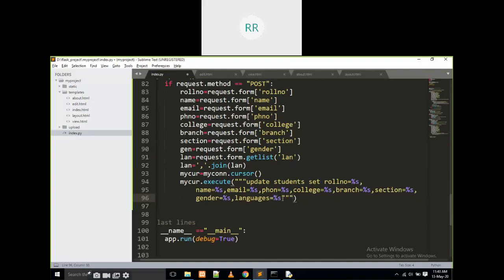Then I have to apply it to one particular student, one particular person. Then where id is equal to percentages.